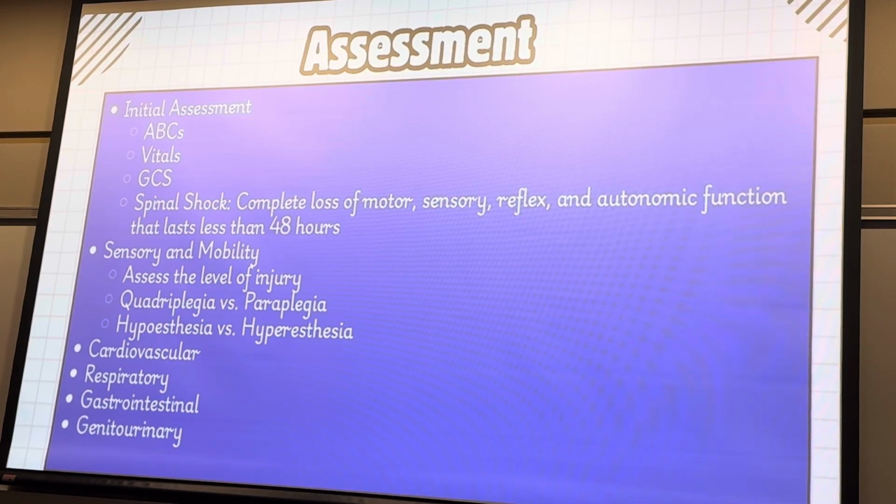Cardiovascular-wise, what kind of things will we expect? What kind of things could we potentially see assessment-wise? If my autonomic function, my nerve function is impaired, my cardiovascular system is going to take a hit, right? So things like bradycardia, my heart's not beating quite as fast. I'm unable to have that vasculature tone. So I may have some hypotension.